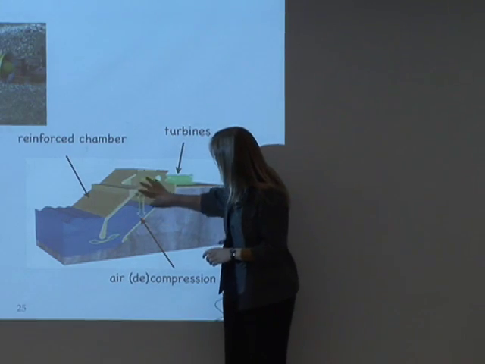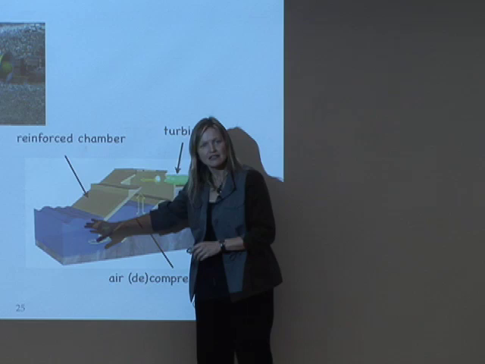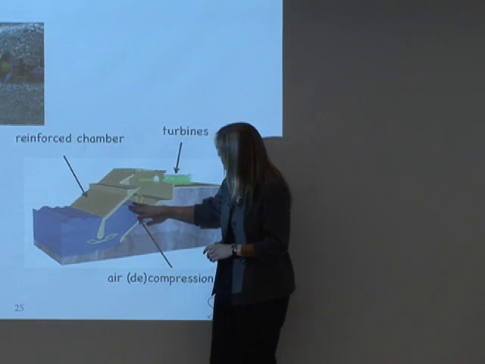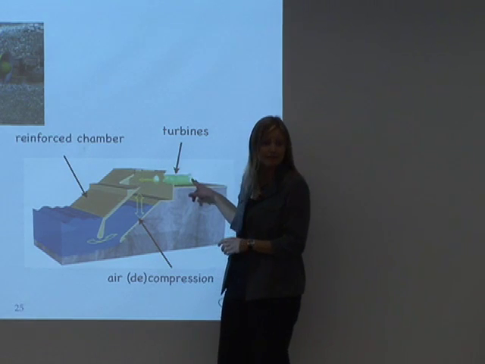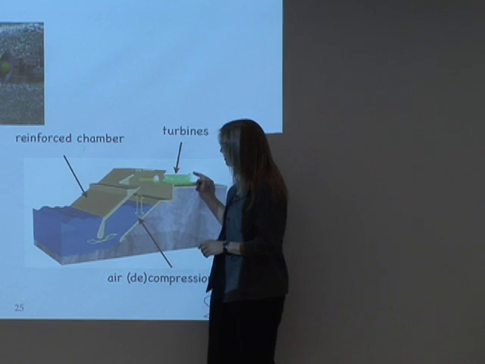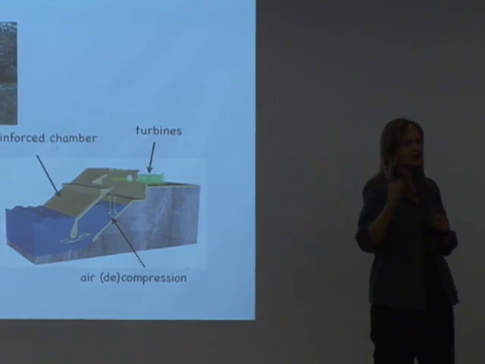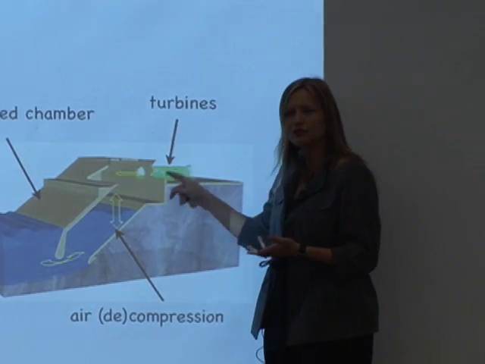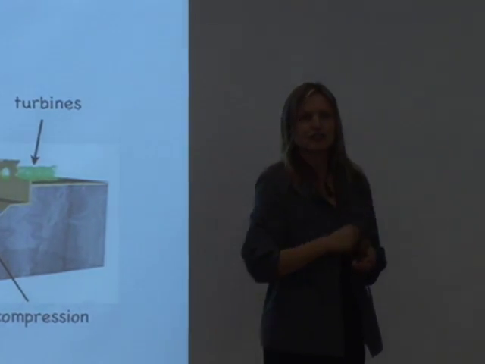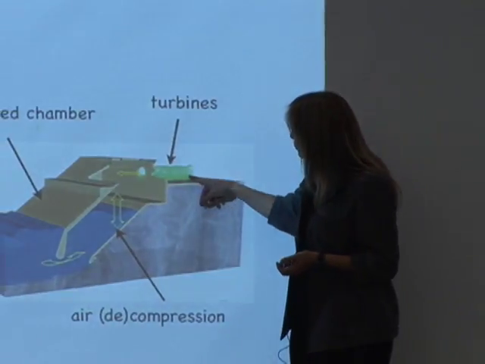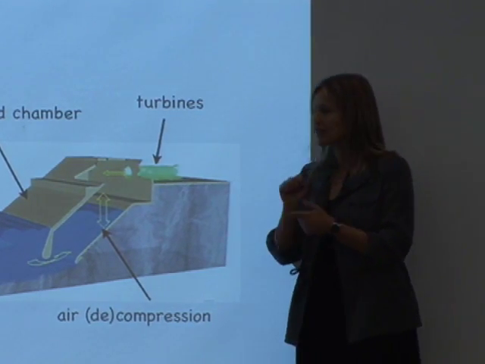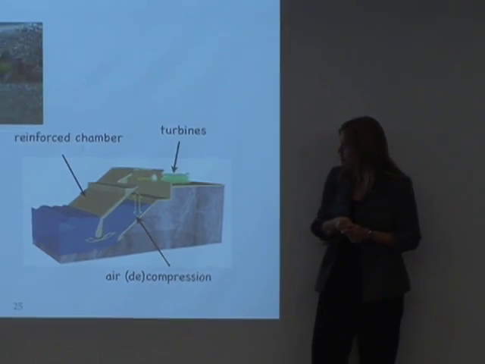Here is a chamber that they created near the surf. A big wave comes in. Water is pushed into this chamber, pushes air out through a turbine. And then when the wave retreats, it sucks air back in through that turbine. So these turbines can run in both directions of airflow. Okay? So it's really an air turbine, but the air is being driven through the turbine by water replacing its volume in this chamber every time a wave comes in. So very, very simple engineering design. And all they really needed to do is design a turbine here that works well in both directions, right? In both flow directions. Okay.